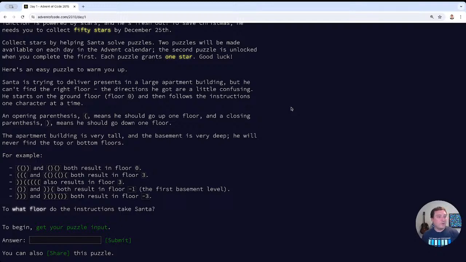Santa is trying to deliver presents in a large apartment building, but he can't find the right floor. The directions he got are a little confusing. He starts on the ground floor, floor 0, and then follows the instructions 1 character at a time. The open parenthesis means he should go up 1 floor, and a closing parenthesis means he should go down 1 floor. The apartment building is very tall and the basement is very deep. He will never find the top or bottom floors. For example, open, open, close, close, and open, close, both result in floor 0, and so on, a handful of